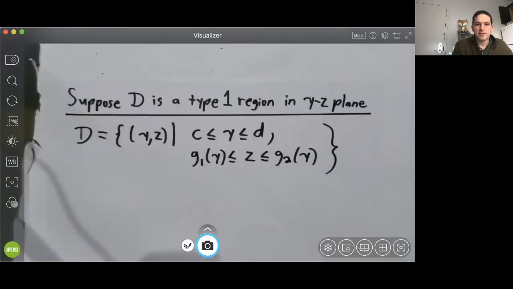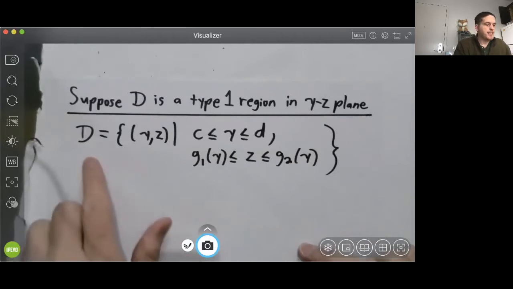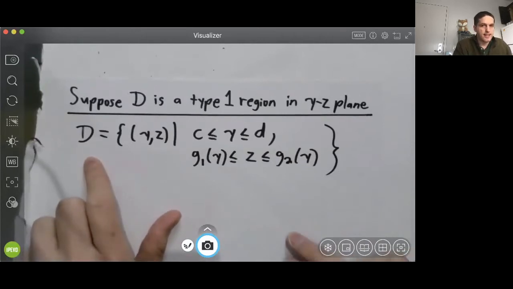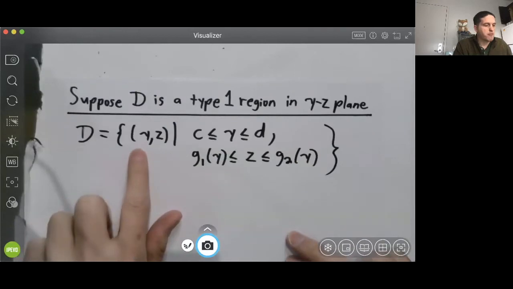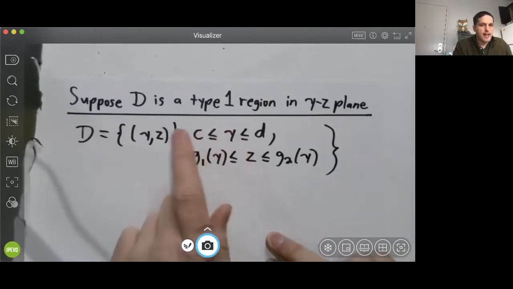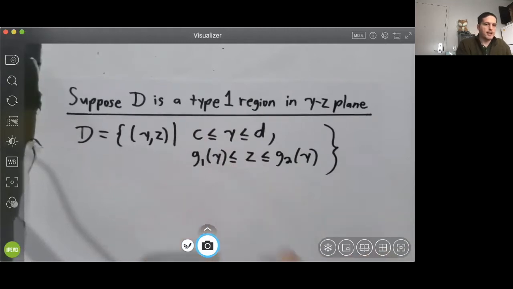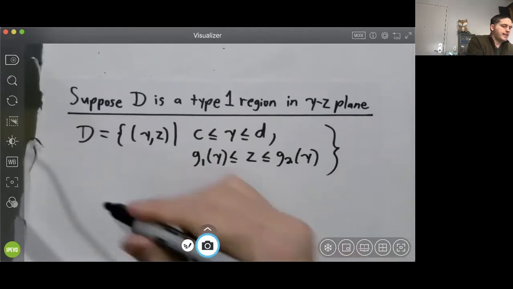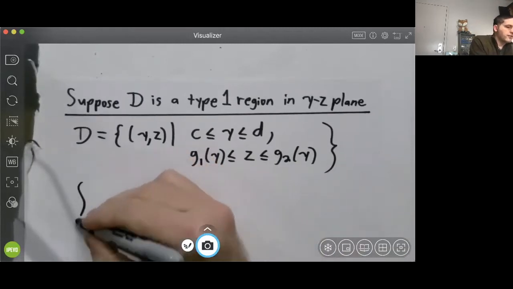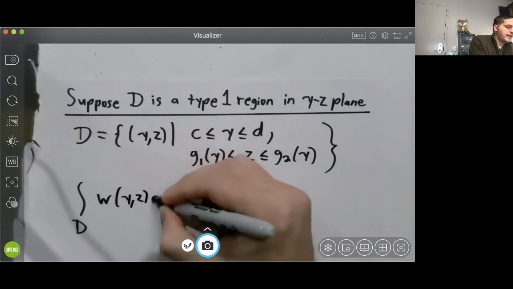Let's look at the case where D is a type 1 region in the YZ plane. That means D can be described like this. D consists of all points y comma z, such that y is in between c and d, and z is in between g1 of y and g2 of y. In this case, the integral over D of w of yz dA